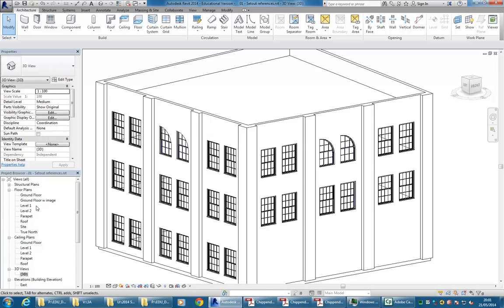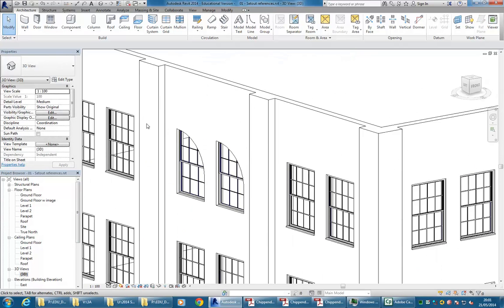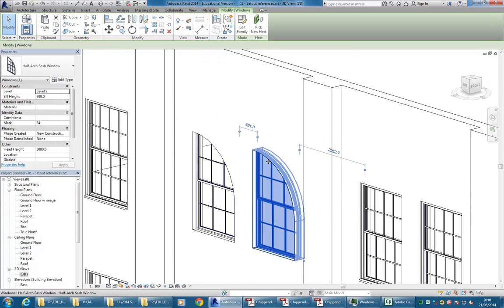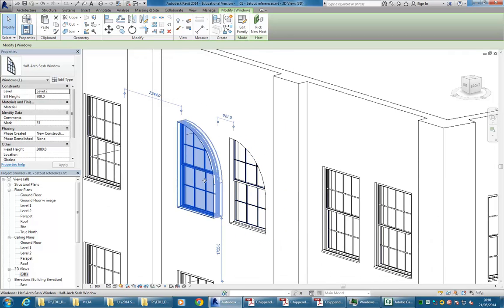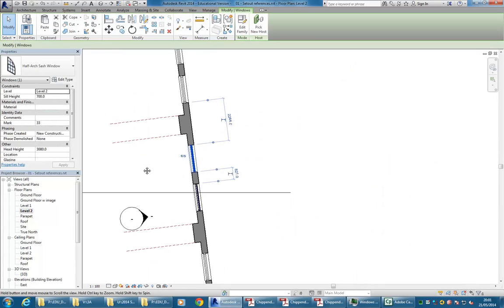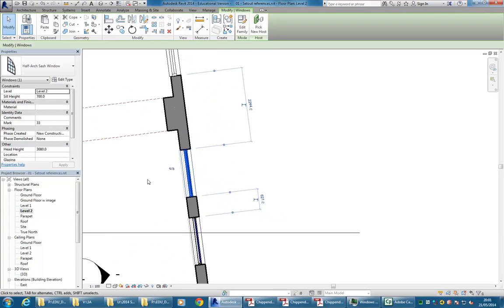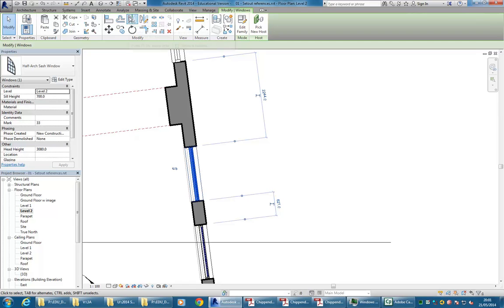Okay, so finally to fix those windows, in that floor plan, well firstly I need to know which one I'm trying to fix. So let's have a look at them. This one's going the right way, this one is going the wrong way. So I can select it in the 3D view, and then if I go to the plan view where that window lives, I can see it there. This is the blue one that was selected. Still selected. So I'm going to go to mirror pick axis,